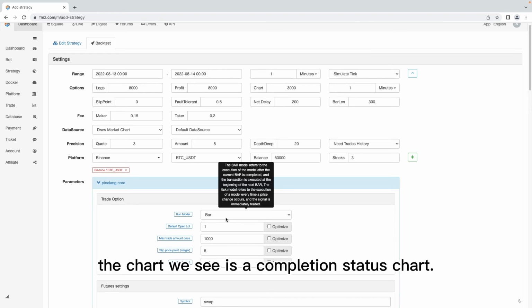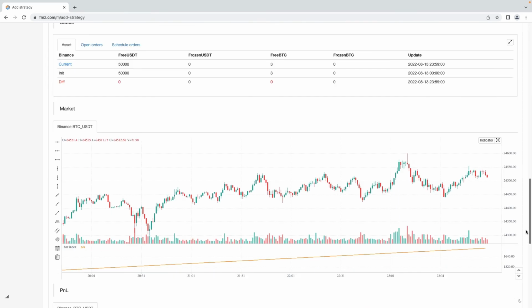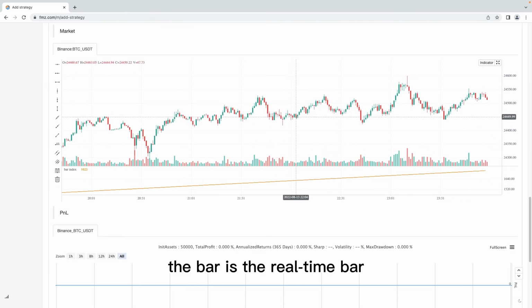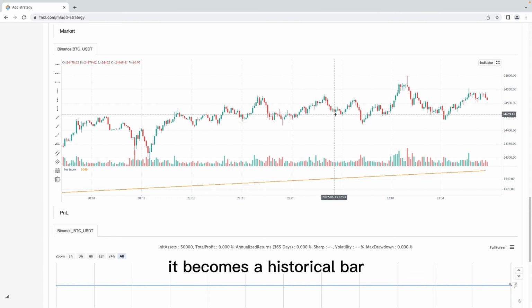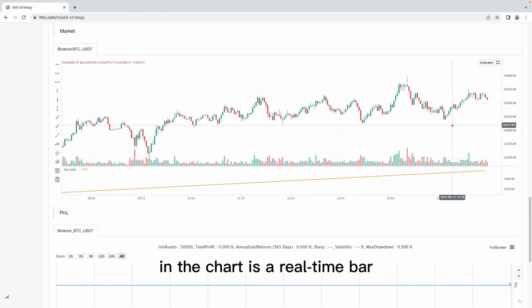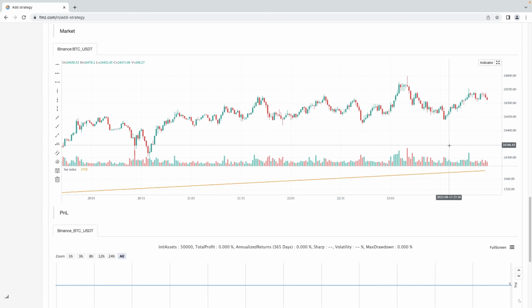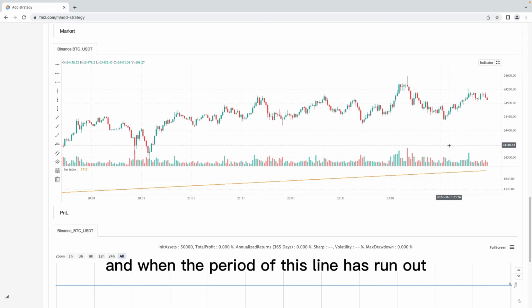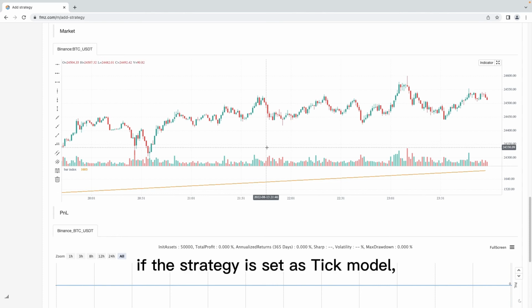When backtesting, the chart we see is a completion status chart. When the strategy executes to the last K-line on the far right, the bar is the real-time bar. When the real-time bar closes, it becomes a historical bar. So only the rightmost K-line in the chart is a real-time bar, and the chart will keep generating new real-time bars on the rightmost side. And when the period of this line has run out, a new real-time K-line bar will be generated on the right. If the strategy is set as tick model,